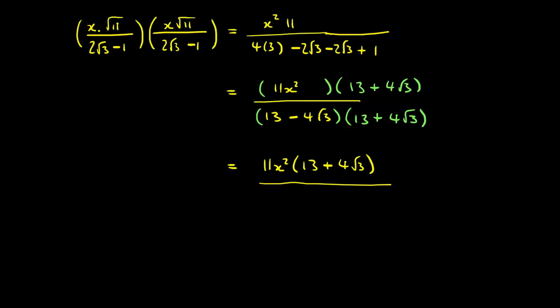That's 169. And then we are going to have 13 times 4 root 3. Okay, so that's going to give us plus 52 root 3. But also we're going to have minus 4 root 3 times 13. And that will give us minus 52 root 3,